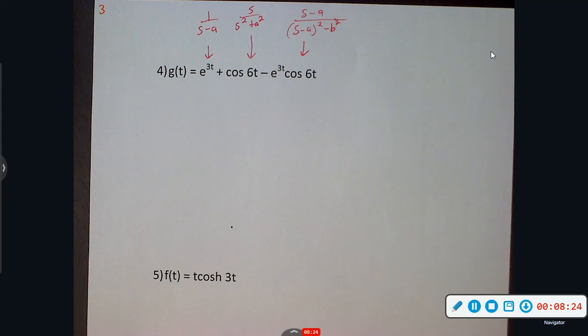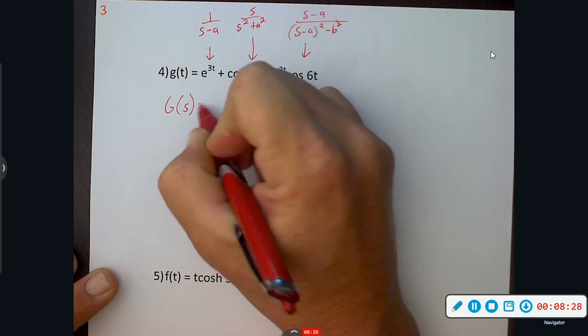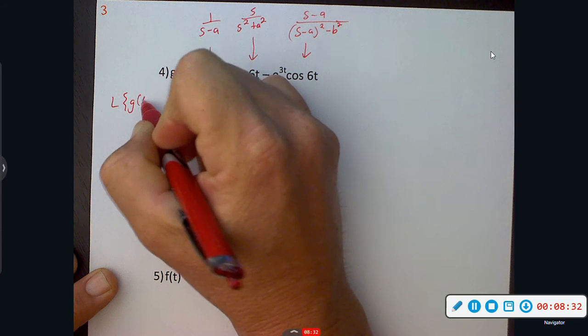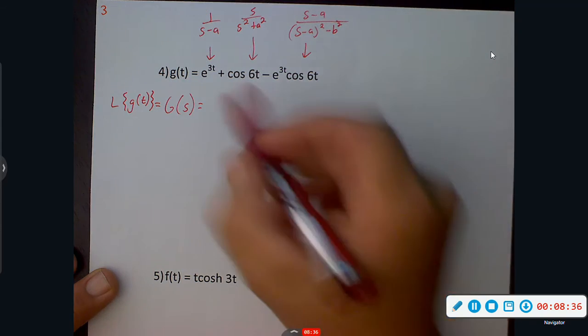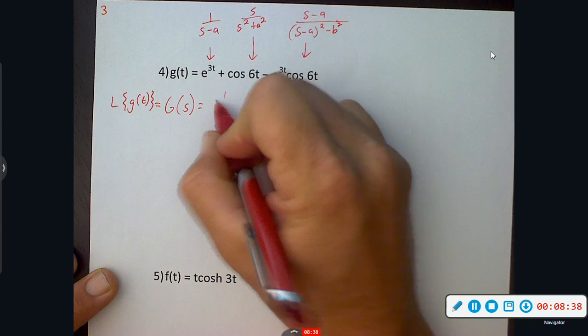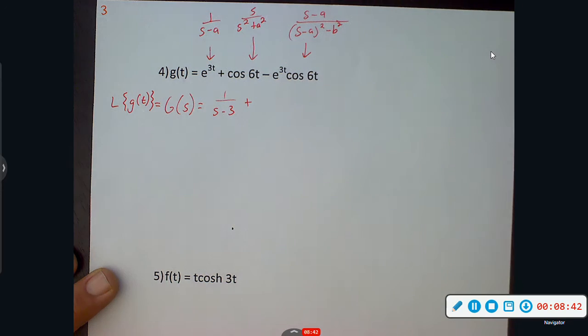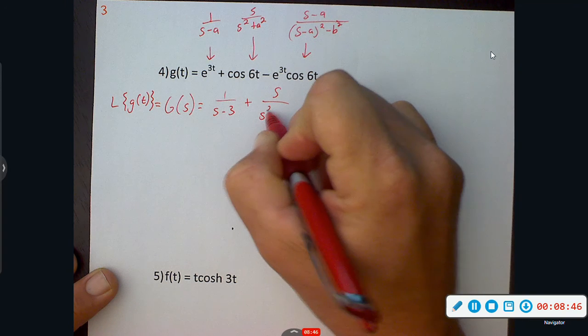Okay, so let's go ahead and plug these in. Capital G of s, the Laplace transform. Again, you could have said also the Laplace transform of g of t. Those are the same. E to 3t, a is 3, so 1 over s minus 3, plus cosine 6t, a is 6, so s over s squared plus 36,